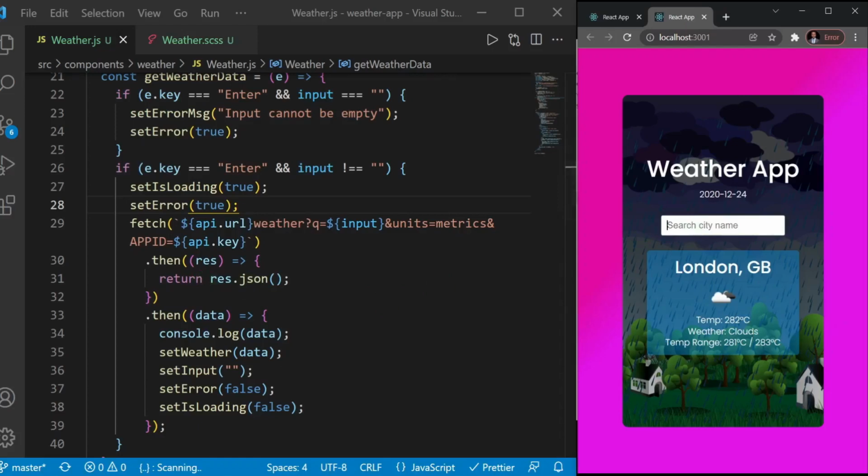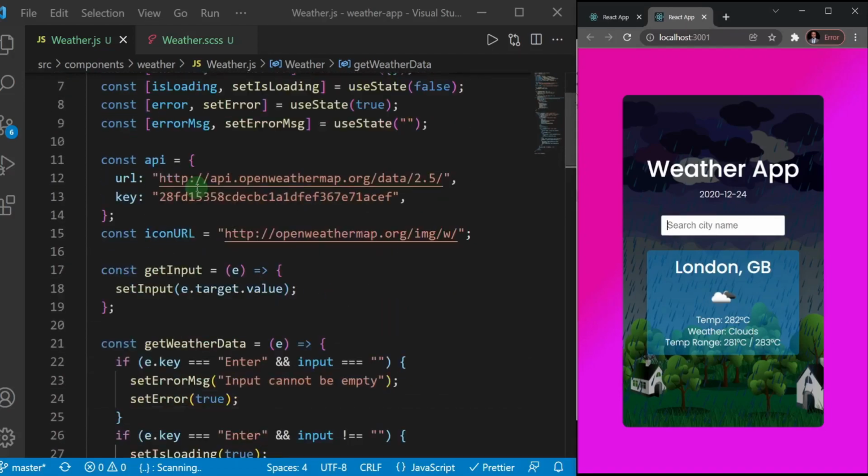Now let's handle errors. Supposing, like what happened when my internet suddenly went out and I didn't know what was happening, that's an error. We need to be able to catch that kind of error and do something with it. So let's look at this process again. When you do this fetch here, if you made a mistake with your fetch URL, for example,